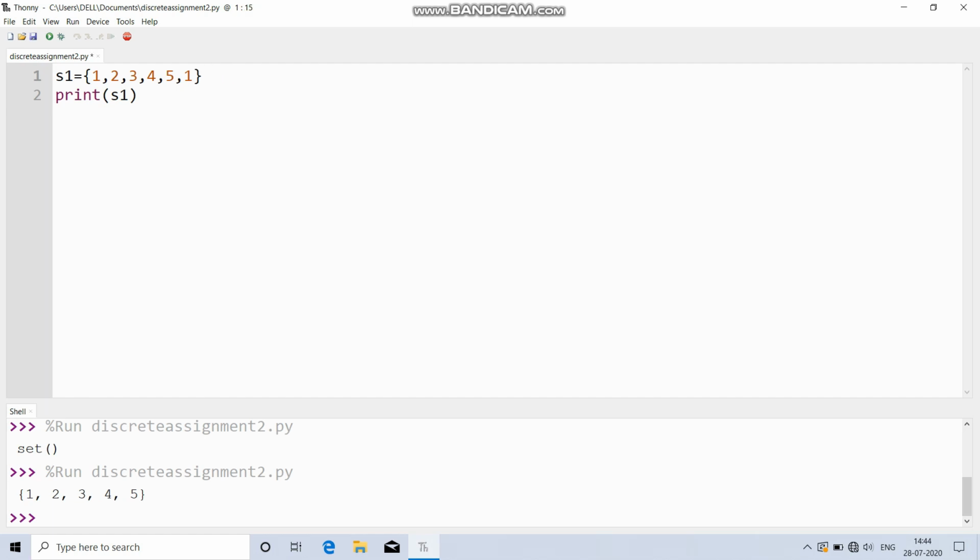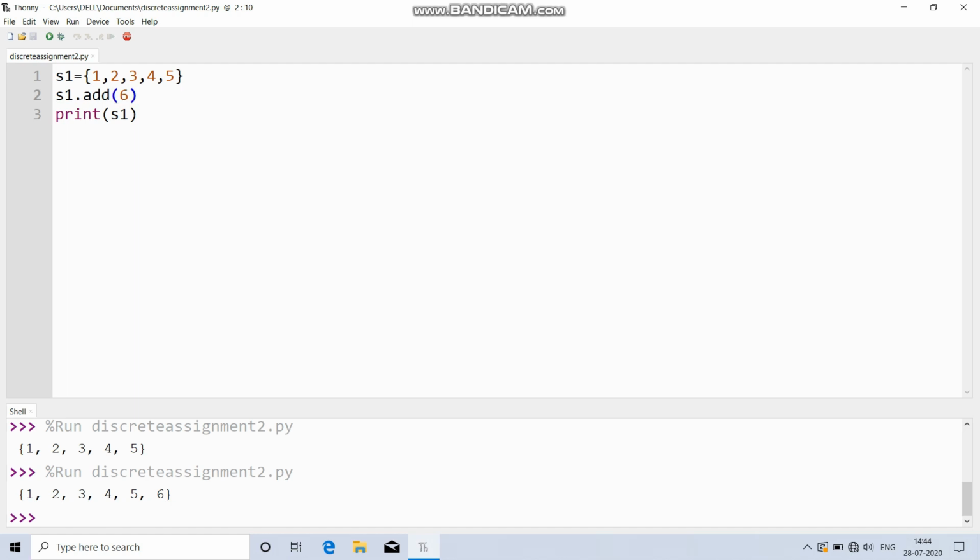We can also add and remove values from a set. Let's say we want to add some more values to the set. So to add some new values, we will simply write s1.add. So now you can see 6 is added to the set.